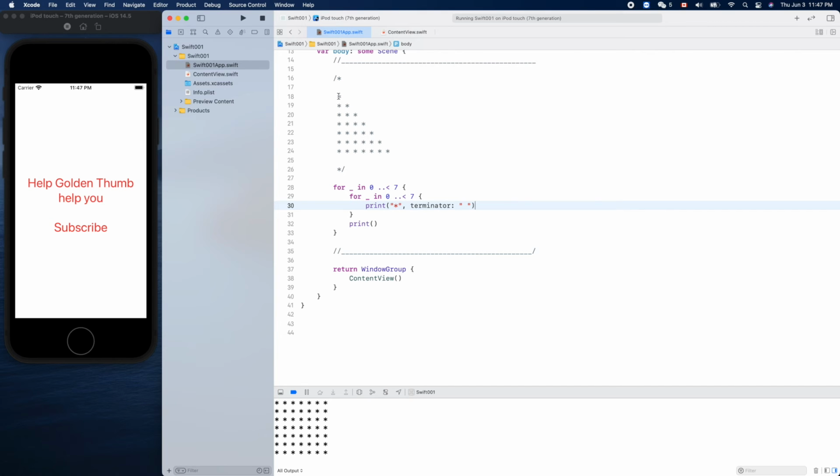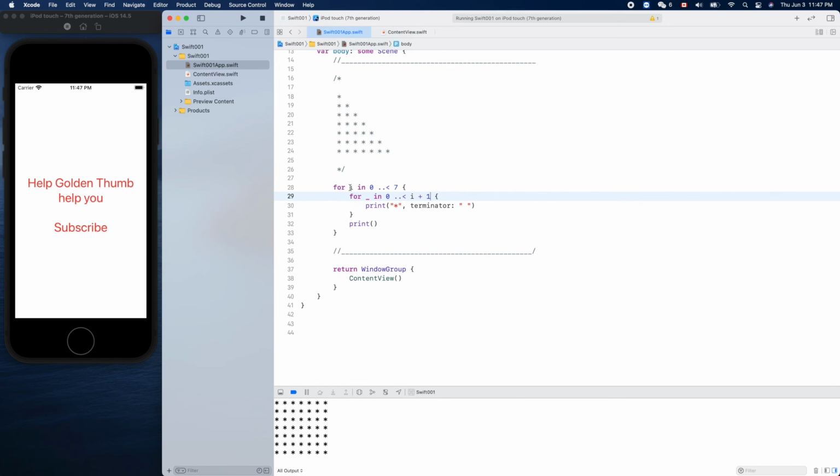So the first time we only need 1 star in the first iteration of this outer for loop, right? This one should be 1. Okay, so it means this range depends on this number, so let's put it here. How many times? If i is 0, it will output 1. Okay, so we can put i plus 1 here,